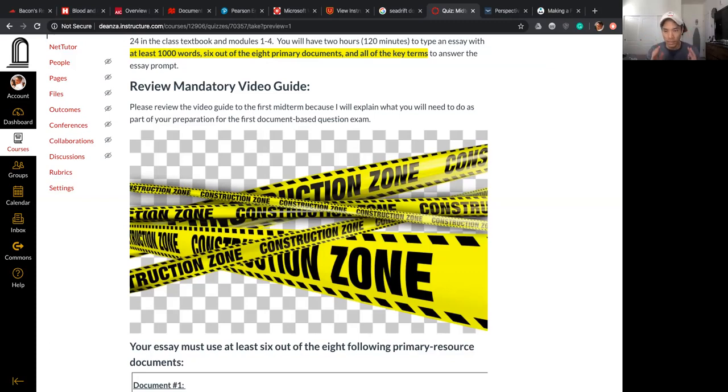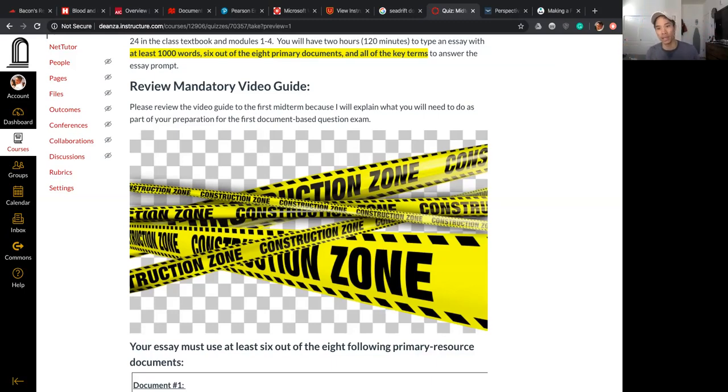Because in this essay, even though you only have 2 hours, I expect you to prepare ahead of time to understand what the documents are about, what the key terms are. And once the clock starts, your job is to start to put the pieces together. And how you put the pieces together, your essay needs to be organized. Your standard essay